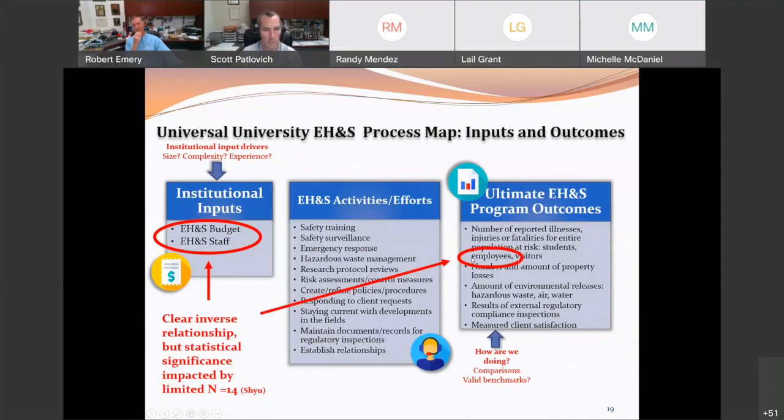There's a clear inverse relationship, but statistical significance couldn't be proved because the N is only 14. But if we collect more data on this, we could actually get to a statistically significant relationship.